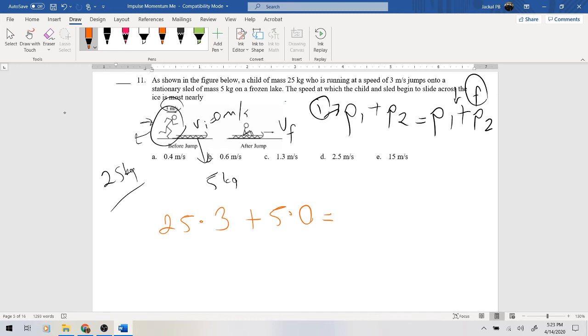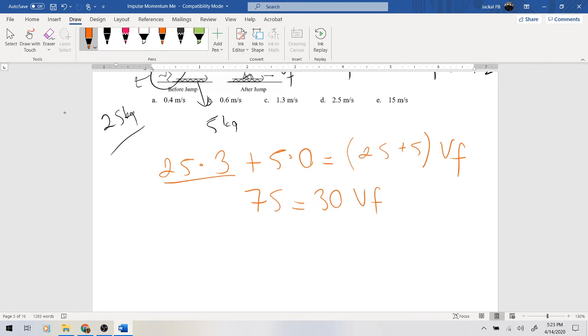Since they are moving together, it's going to be perfectly inelastic. You are going to have 25 and 5 kilograms of mass with some velocity that we don't know. After this, you just do the math. 25 times 3 is 75. It's equal to 30 V final. Once you divide both sides by 30, then your V final is